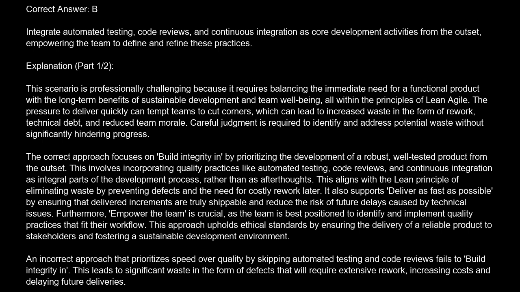rather than as afterthoughts. This aligns with the lean principle of eliminating waste by preventing defects and the need for costly rework later. It also supports deliver as fast as possible by ensuring that delivered increments are truly shippable and reduce the risk of future delays caused by technical issues. Furthermore, empower the team is crucial, as the team is best positioned to identify and implement quality practices that fit their workflow. This approach upholds ethical standards by ensuring the delivery of a reliable product to stakeholders and fostering a